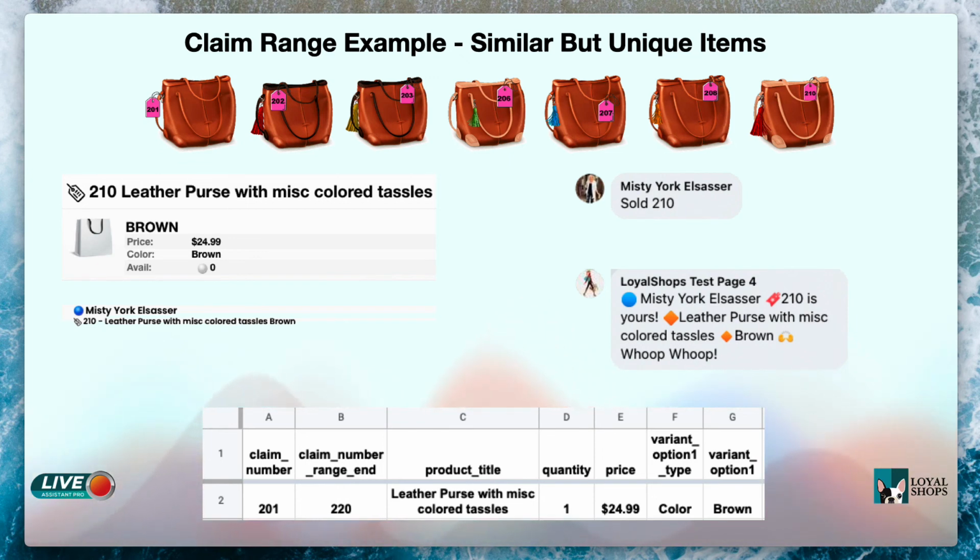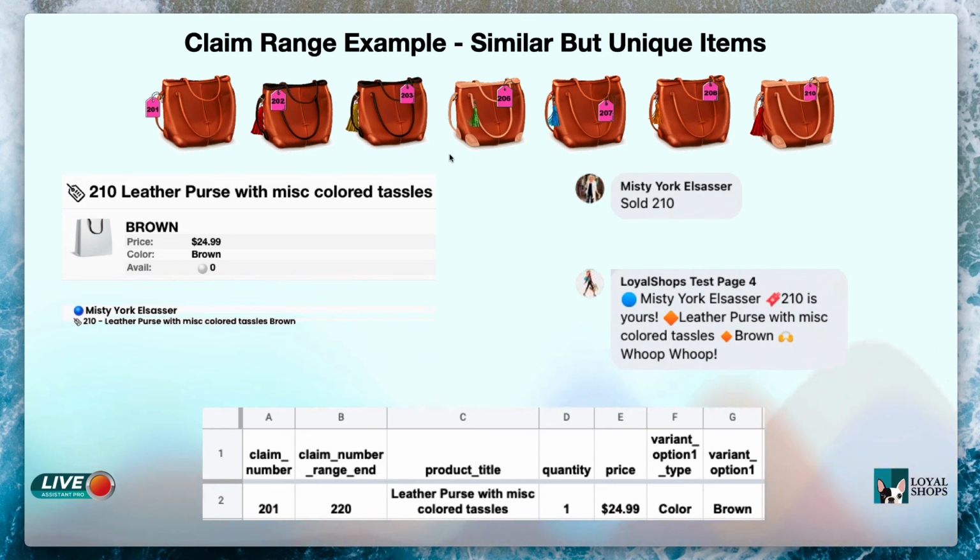If I just had one purse, this one right here, and I've got 20 of the exact same purse, then I could very simply put in my inventory, item 201 is a leather purse for $24.99, and I've got 20 of them. All right? But if I've got a product that is extremely similar but not identical,